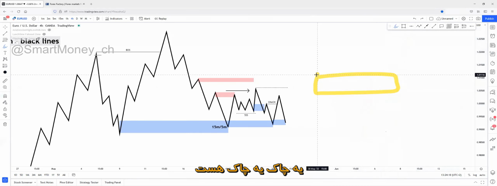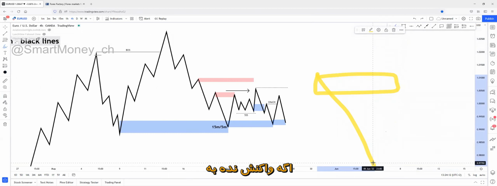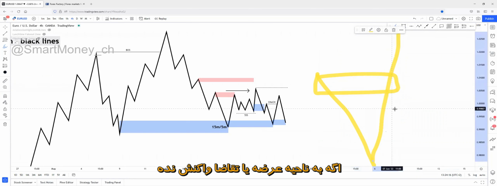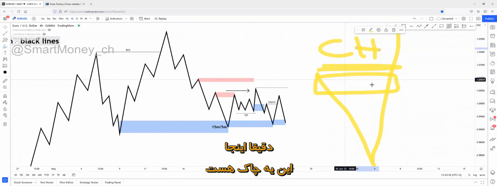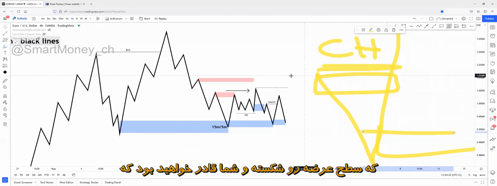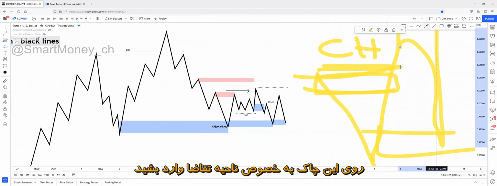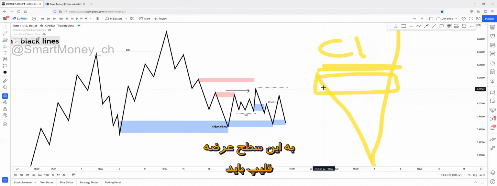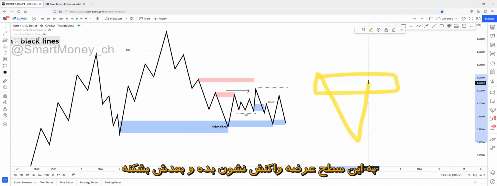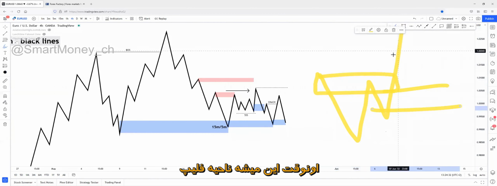A change of character is a change of character if it's not reacting on the supply zone or demand zone. If it's not reacting on the supply or demand zone, that will be a change of character entry right here. This will be a change of character. There will be a demand zone that has caused this supply break, and you'll be able to enter on this specific character-changing demand zone. A flip has to react on this supply zone. A flip has to touch this supply zone, react, and break above. This will be a flip zone.